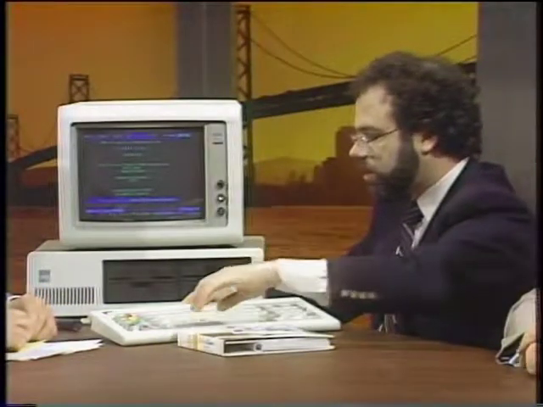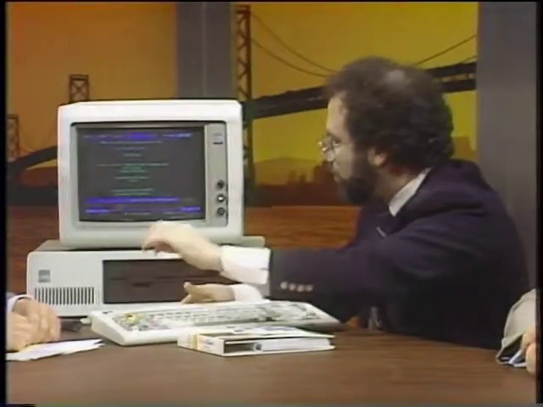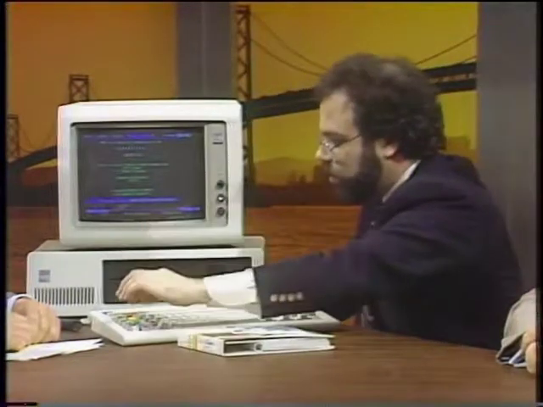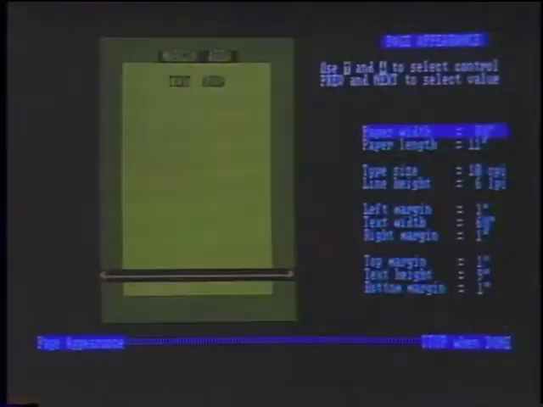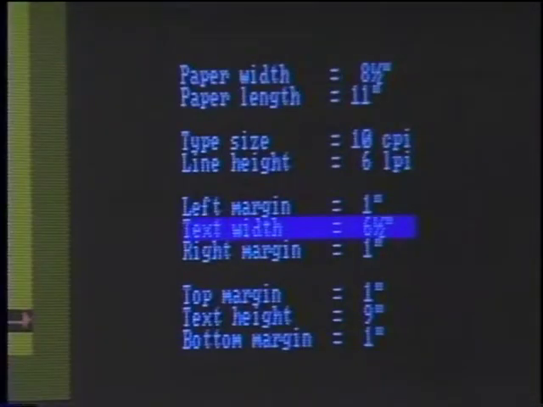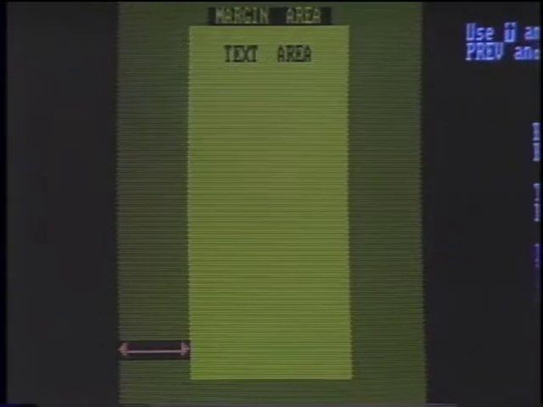the screen. Now if you wanted to rearrange that, say, have it look different on paper, and that's one of the two things that a tool like this helps you do, you'd press a key that says Format, and then the yellow one for page appearance. You would get on the screen an image of the page that you're working with and a list alongside of the various things about it that you can change. For example, making the text width smaller, or moving it around so that the margins are different to adjust it